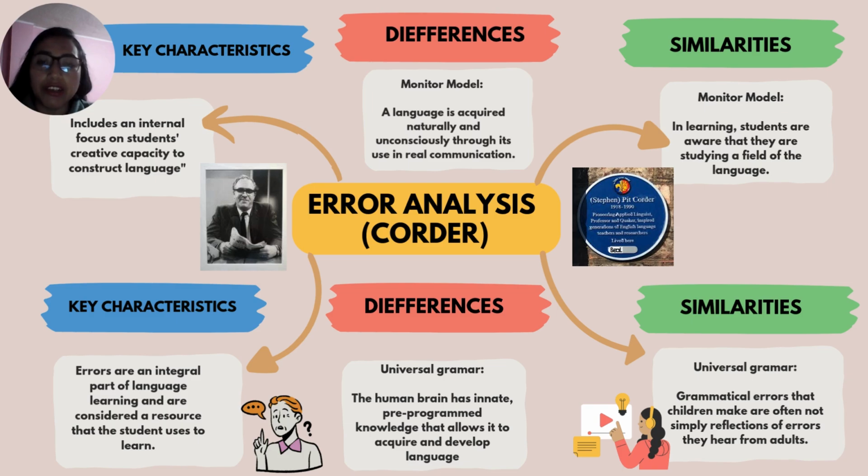In the difference, in the monitor model theory, a language is acquired naturally and unconsciously through its use in real communication. In universal grammar, the difference is that the human brain has innate pre-programmed knowledge that allows it to acquire and develop language. In the similarities, in the monitor model, in learning, students are aware that they are studying a field of the language. In universal grammar, the similarity is that the grammatical errors that children make are often not simple reflections of errors